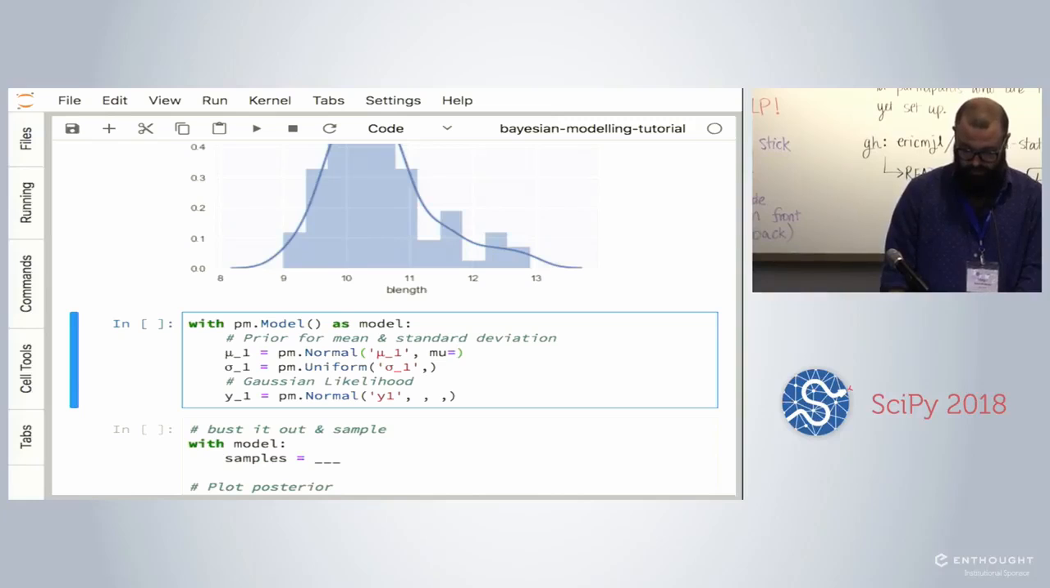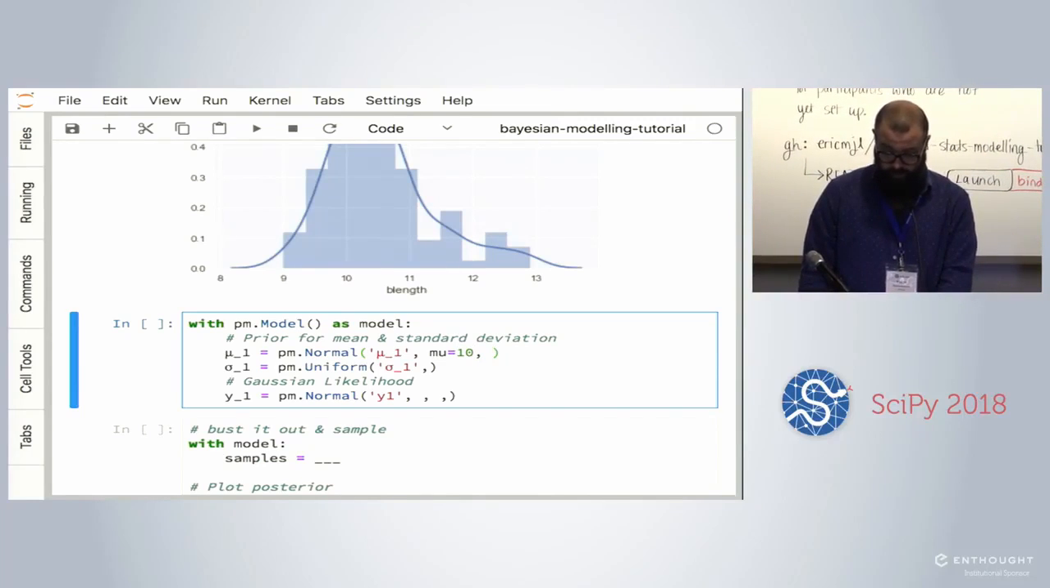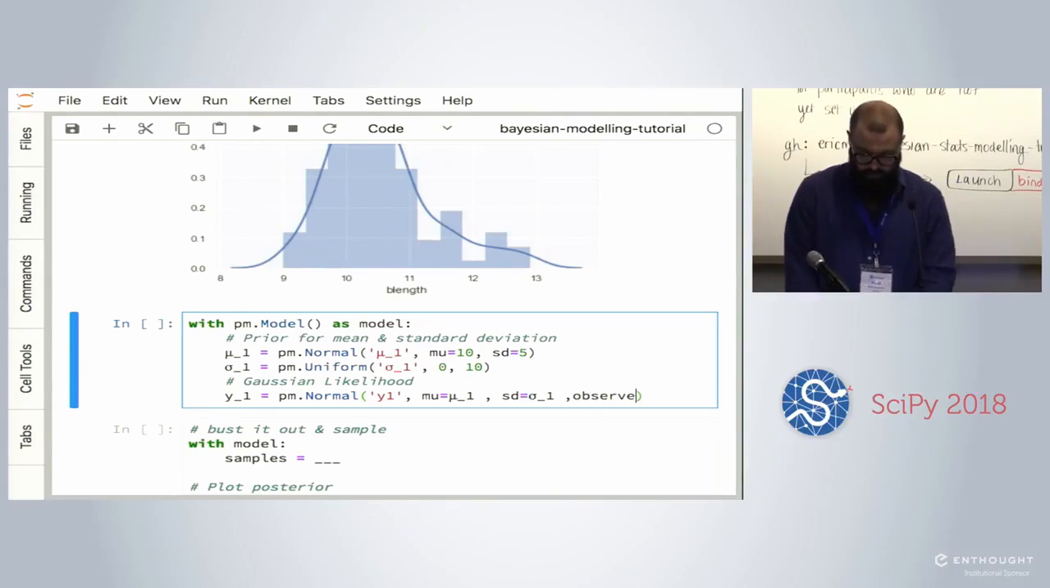Okay, so I'm going to start filling in this code here. Recall our prior for our mean is going to be normal with mean 10 and standard deviation 5. And then we're going to have uniform bounded at 0 and 10. And here we want to specify what mu of this likelihood is, and it's going to be this mu1, and we want to specify SD as well, and that's going to be this sigma 1. And once again, the last thing we need to specify is the actual data, which is observed, which is going to be